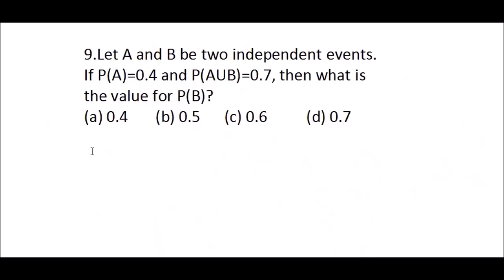And look at the next problem. Here A and B are independent events. Therefore, the probability of the intersection of A and B is equal to the probability of A into the probability of B. And the probability of A is given as 0.4, therefore 0.4 into P(B). Again,